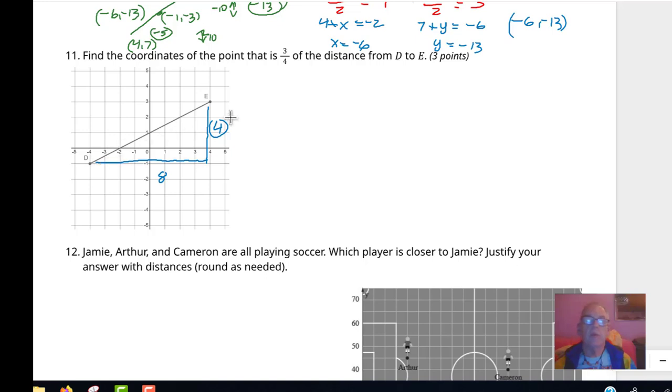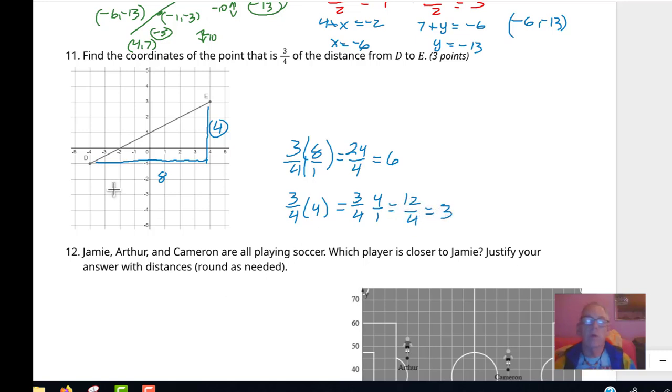Now from D to E, if we want 3/4 of this distance from D to E, we want 3/4 of 8. So we do 3 over 4 times 8 over 1. That gives us 24 over 4. Remember, multiply fractions, numerator times numerator, denominator times denominator. That gives us 6 for the x coordinate. And doing the y's, we're going to do 3/4 of 4. So that's going to be 3/4 times 4 over 1, which is going to give us 12 over 4, which gives us 3. So over 6 and up 3